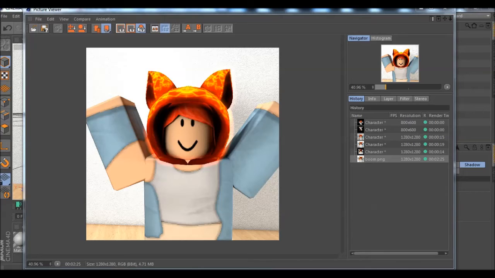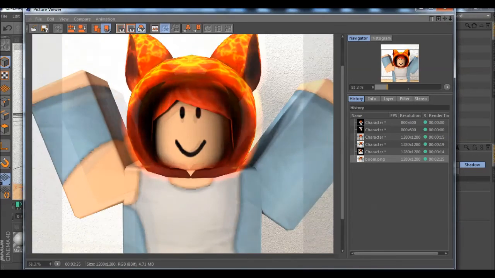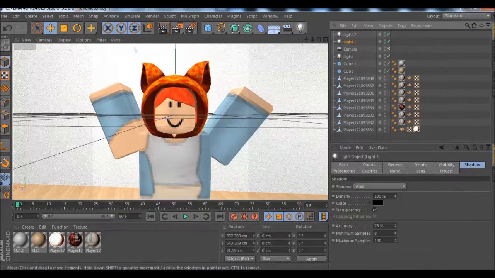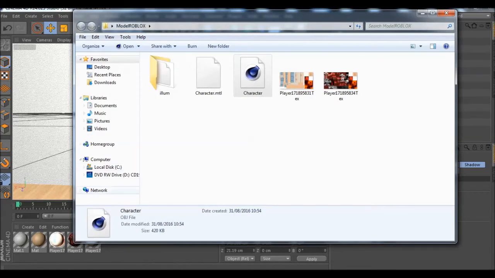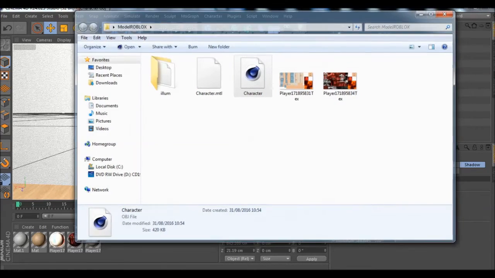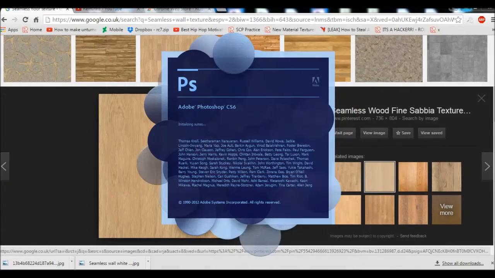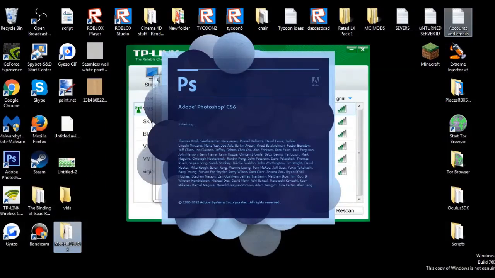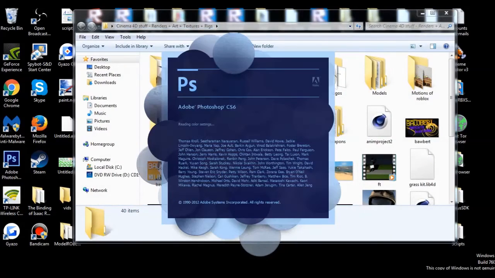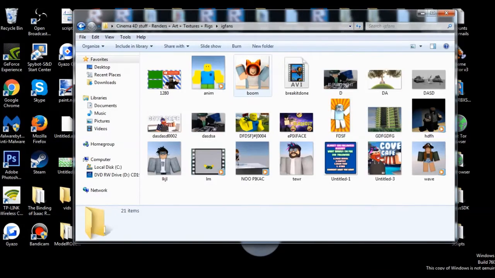Okay, so the render's done and we got a nice clean render. So I'm gonna open it up in Photoshop because I need to add a couple of tweaks, and I always like to give it that circle look. So we're gonna let this open, and I'm gonna just get the directory to it. So here's the image.